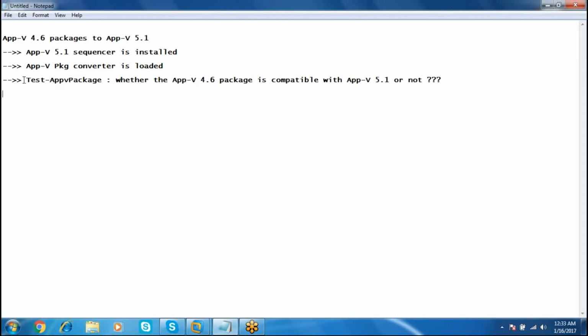This is found with the help of this command, and once this is done, if it turns out to be compatible, then you have to convert the APPX package. This is simple. We have only two steps: one is test and the other one is convert. So let's do it.